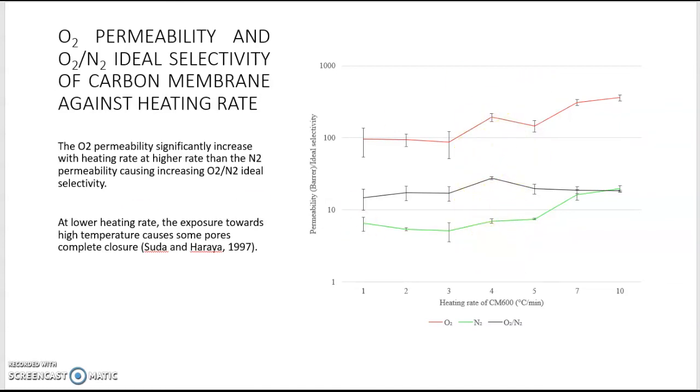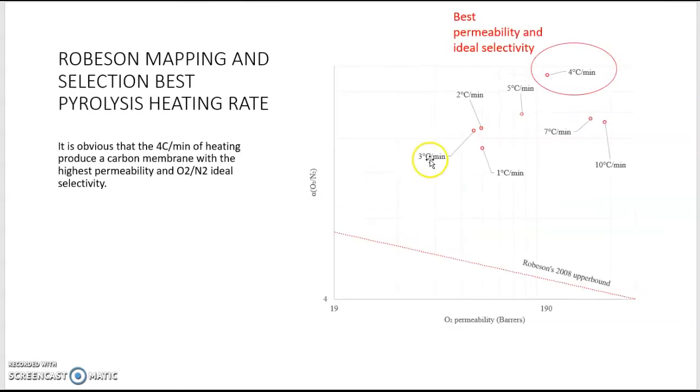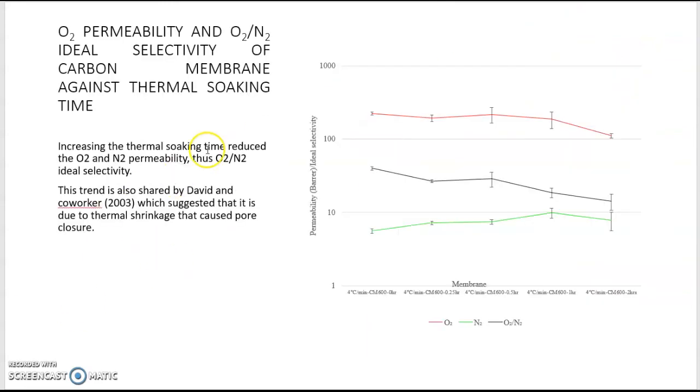So when we map this result on the upper bound, we can see that 4 degrees per minute is the highest compared to the others, even though its permeability is lower than that of 10 degrees per minute. So we can see that the upper bound is very helpful in determining the best performance of the membrane we can have. So by selecting 4 degrees per minute in our formulation, we go further into the optimization